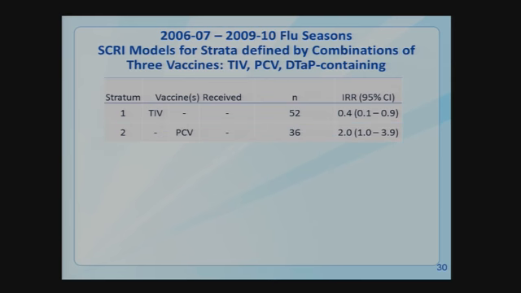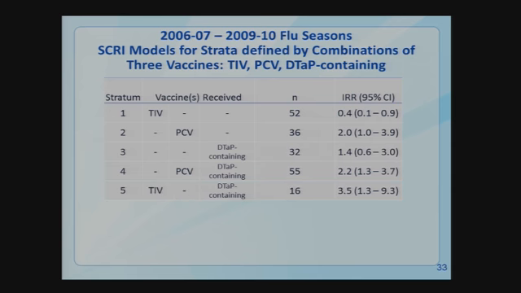So then when looking at PCV7, when given on a day without those other vaccines, we see the relative risk is 2, which is borderline significant, which is consistent with previous findings. So then when looking at DTaP-containing vaccines given without these other 2 vaccines, we do not see a suggestion of an increased relative risk. But then when looking at PCV given at the same time as DTaP, we see that the risk is very similar to when PCV is given alone.